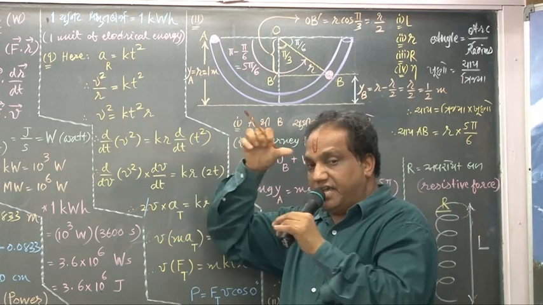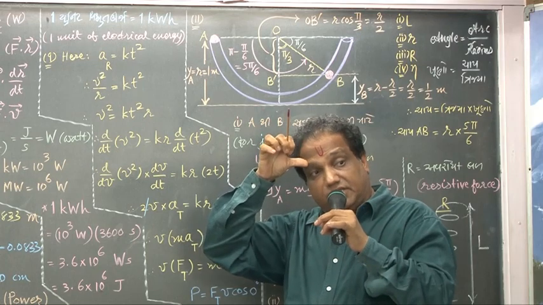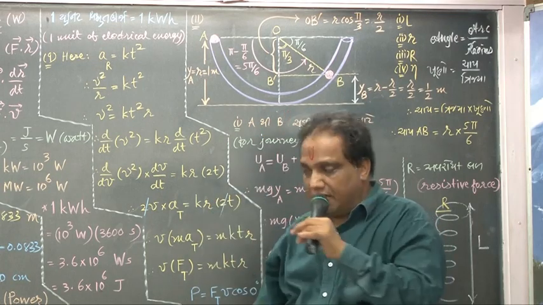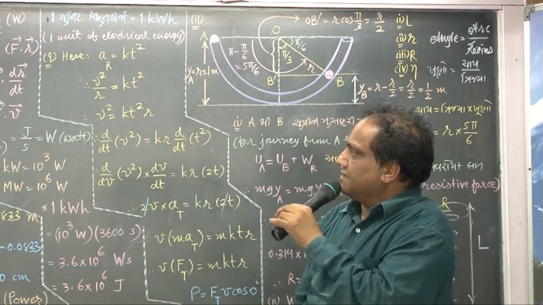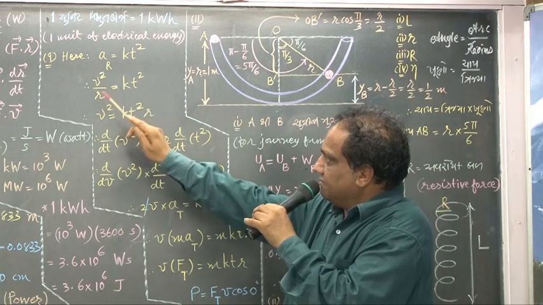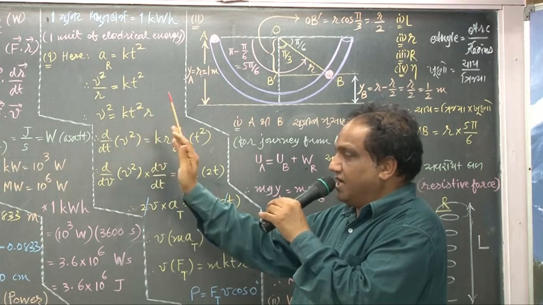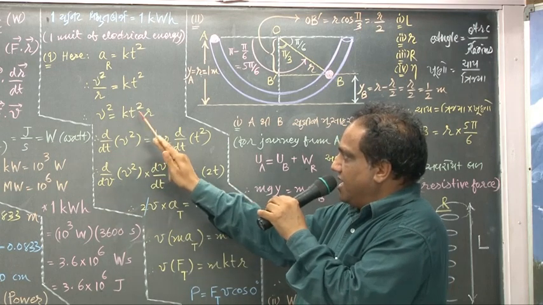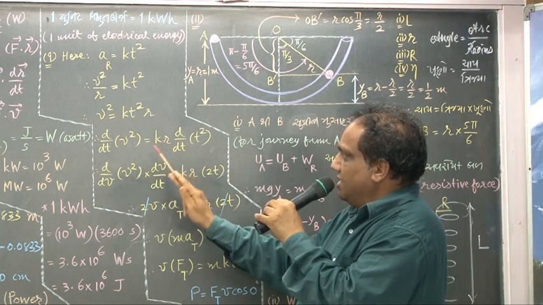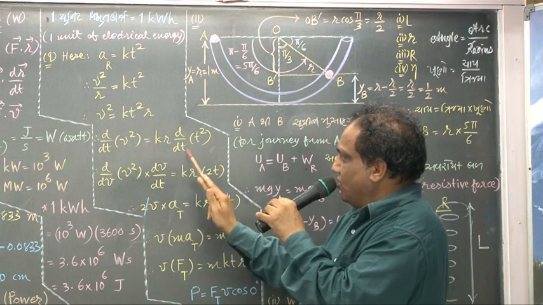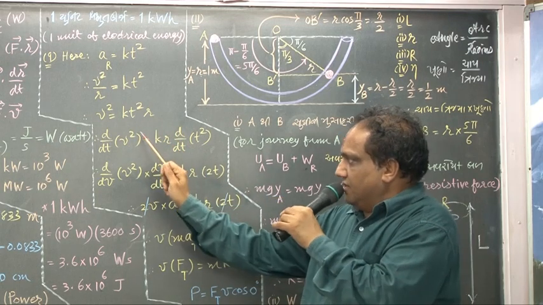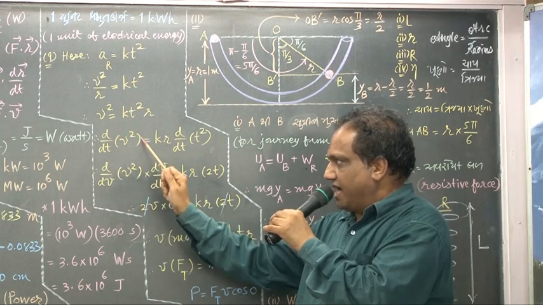Centripetal acceleration is given by the formula v square upon r. The right hand side as it is, transfer this r here. Fine. Take d by dt on both the sides. Here k and r are constants. Then d by dt of t square.